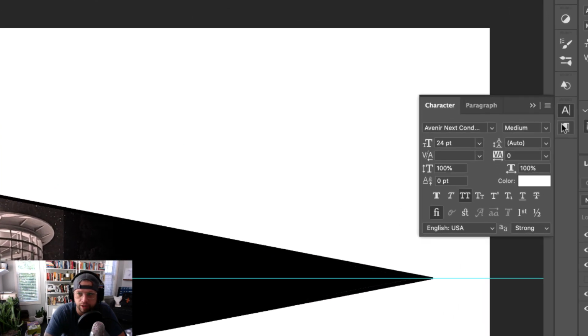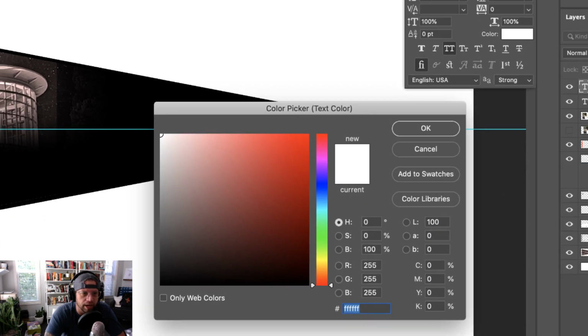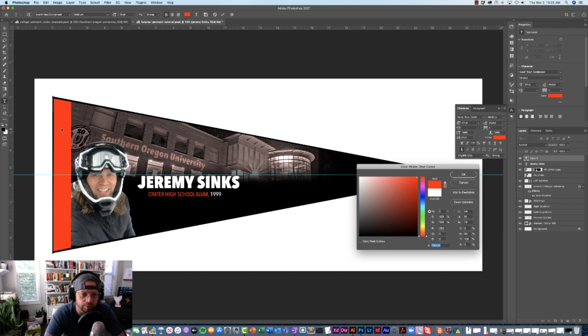red. So over here in my character panel with it still open, I'm going to click on the color picker, and then I'm just going to use the eyedropper tool and grab the same exact red that I used for that color. I know it's in the very corner there, but a lot of times, sometimes you make a slight adjustment to a color, and